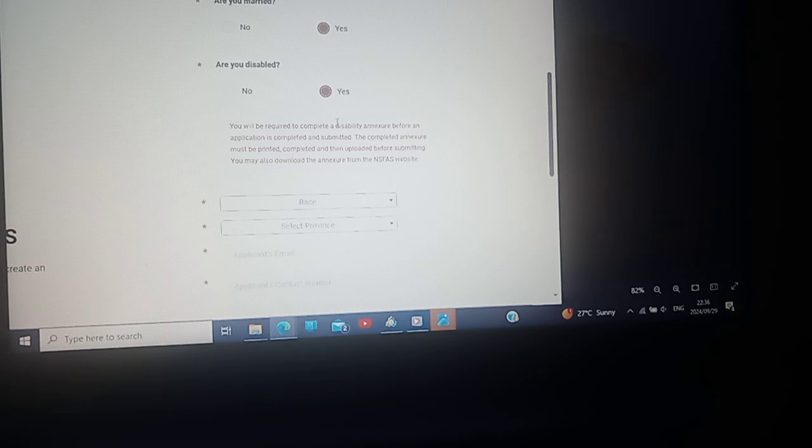On the website, you will find that disability annexure A form. Then you download it and print it out. After printing it out, you sign it, fill it in, and then you come and upload it, and it's going to be submitted together with the application. So now we have